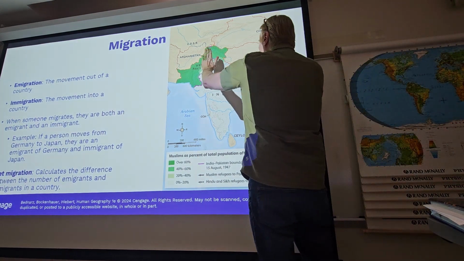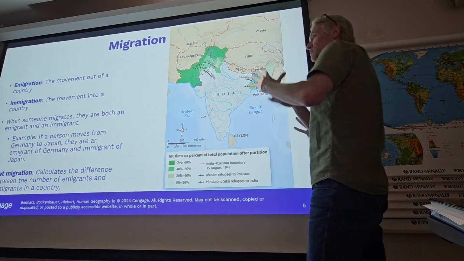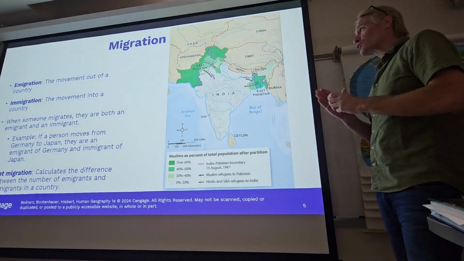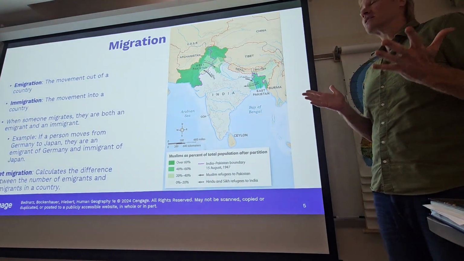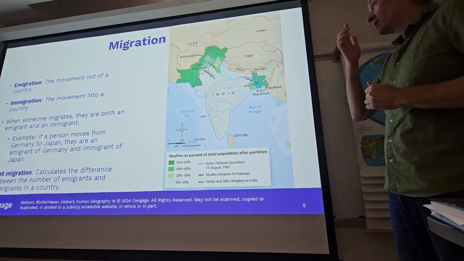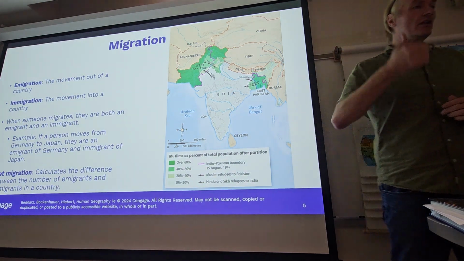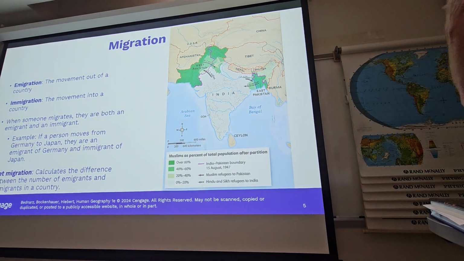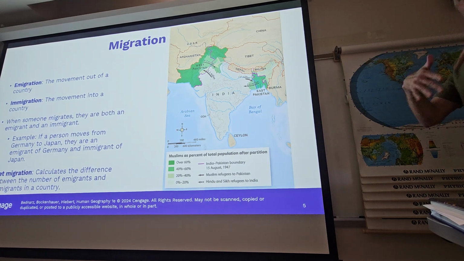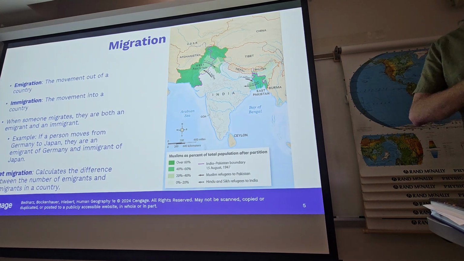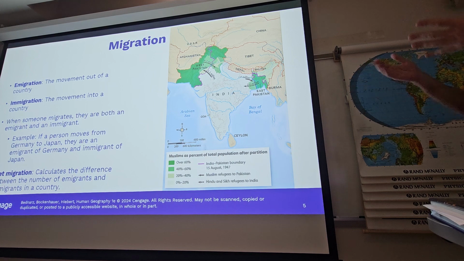And you can see that they're separated by a huge amount of land. They're also culturally extremely different, right? It doesn't make any sense. It's like if you decided that New York and California are one state and they need to somehow coordinate everything together. It literally doesn't make any sense, right? Well, when this happened,